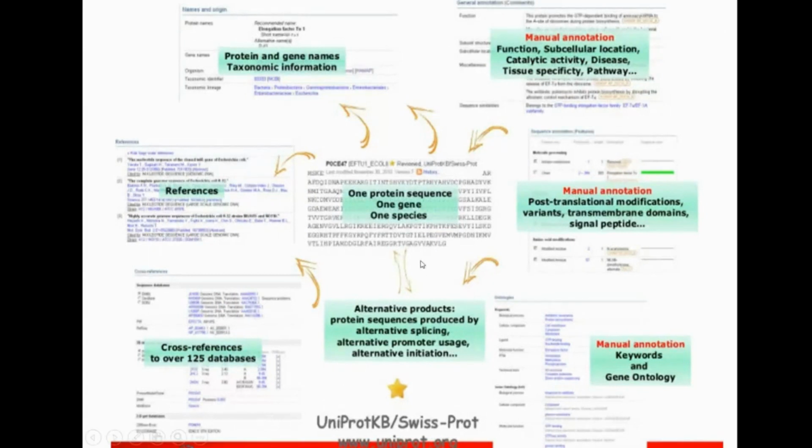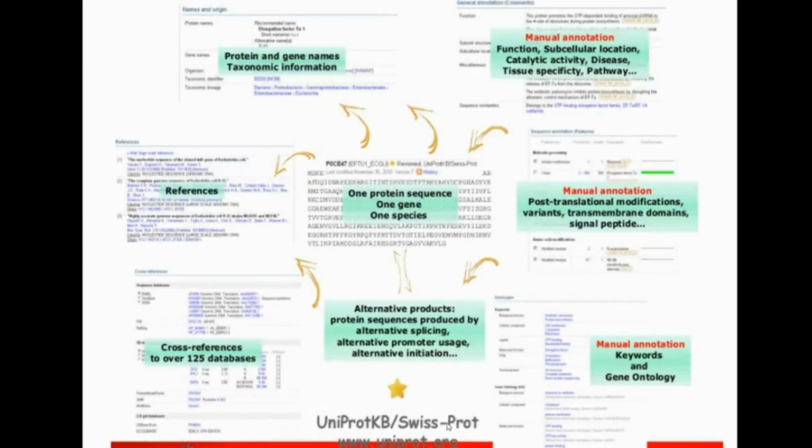Okay. If you see here, I have shown you one protein sequence, one gene, one species. And in the translated EMBL, I have written one protein sequence, one species. And here I have added one gene also. So what happened when the sequence moved to the Swiss-Prot, all the gene products, the alternative products also produced by the single gene, by using alternative splicing, alternative promoter usage, alternative initiation sites were also described within the entry. It means that the Swiss-Prot provides a single entry for all the protein products derived from